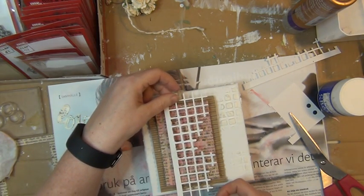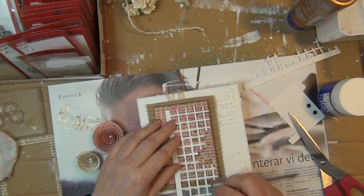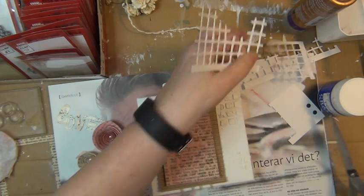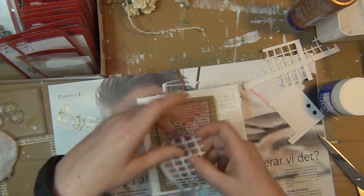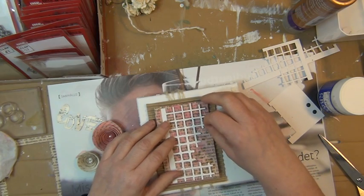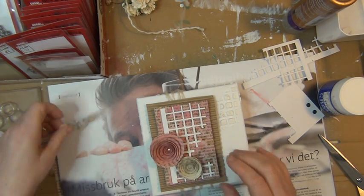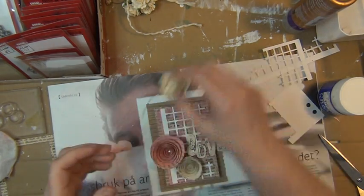I think I would like this one to be there, but the thing is, should I have it just here a little bit? Then I could actually just cut it off there, couldn't I? And save the other bits for later, for some other project perhaps. And you know what? I'm just thinking, if I'm going to put this one there, the one benefit of this is I'm going to bring down the pinkness, and I could just have these flowers here somehow, and I could perhaps even add on